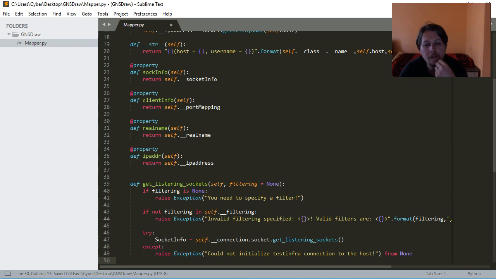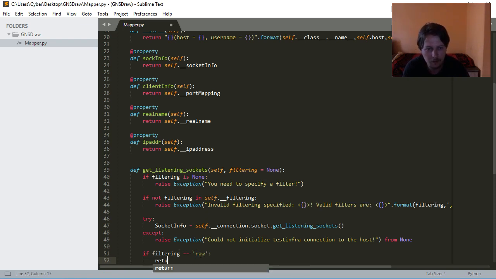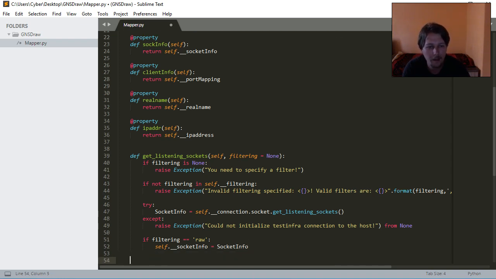All right. If the filtering that was specified is the raw filter, then we will say that the socket info equals to socket info, and if filtering is the T and U,